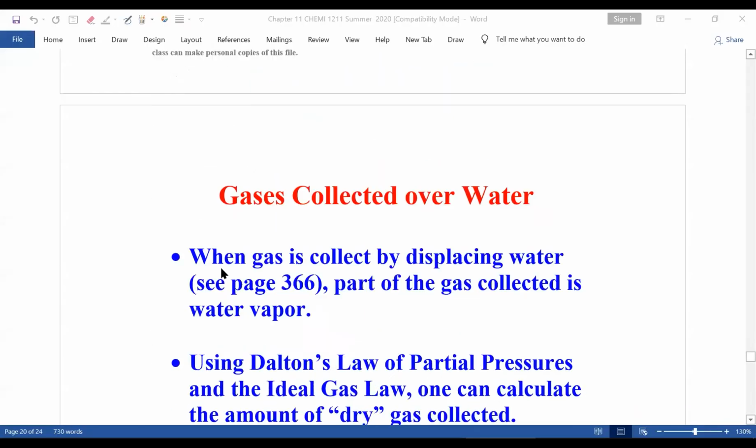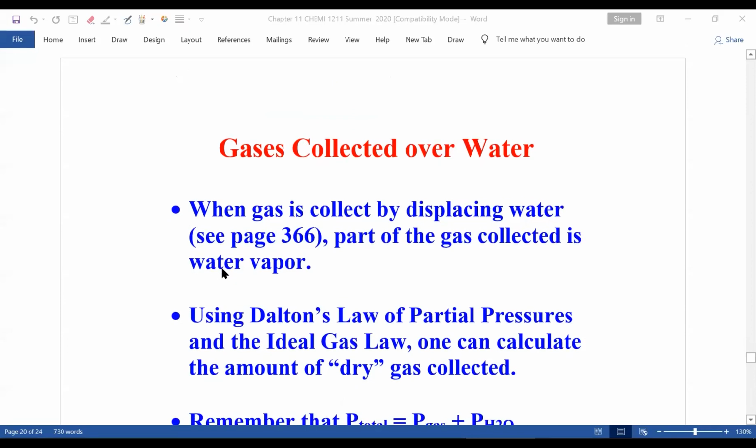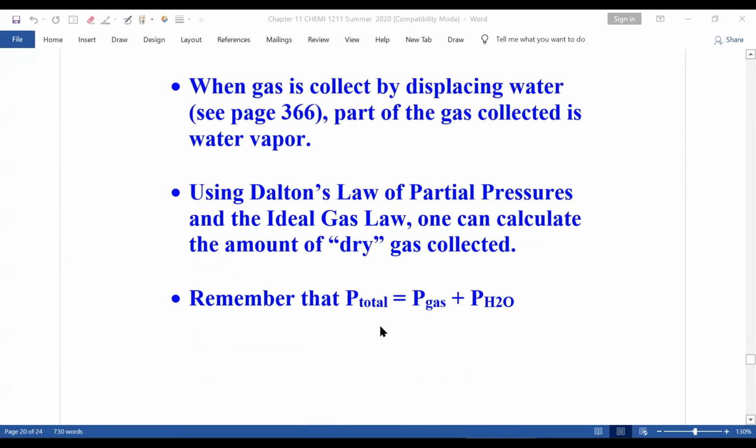All right, let's take a look at where we were. We did Dalton's Law of partial pressure. One place to use Dalton's Law is if you collect gas over water. If you have a bottle of water or glass, above that there's some water vapor. Vapor is a term for a gas of a substance that's normally a liquid at that pressure, and you use Dalton's Law to compensate for that. This will never be on a test or final of mine.